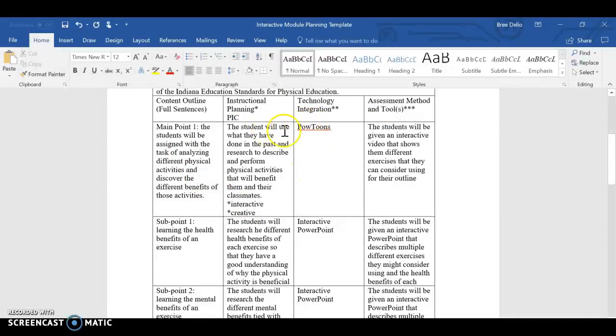For this, I'm going to use Powtoons and also the interactive PowerPoint that will be given for subpoint 1 and subpoint 2. And the students will use what they have done in the past and research to describe and perform physical activities that will benefit them and their classmates. And then with Powtoons, which is something the students will be given, that'll show them different exercises that they could possibly use in their